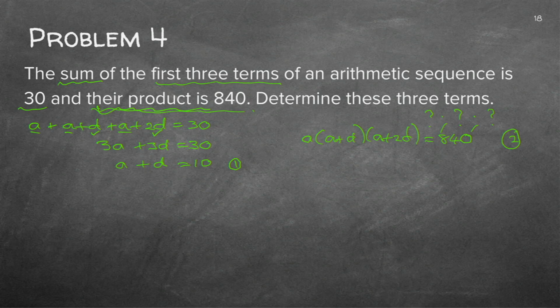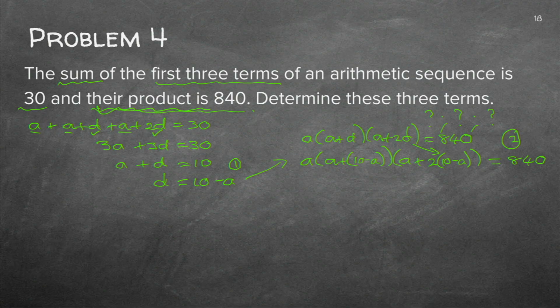So you can decide. There are 3 A's and there are only 2 D's. So I'm going to rather get the D all alone here. D is equal to 10 minus A. And the minute I have that, I'm going to go back to that one with all the brackets as it is, so don't multiply out if it's going to give you a complicated answer. You must make it as easy as possible for yourself. So I'm going to keep all the A's there. I'm going to leave the A. I'm going to say A plus D, which is now 10 minus A. I'm going to leave that A there, A plus 2D. You see I'm now there. D is 10 minus A. And all of that equals 840.